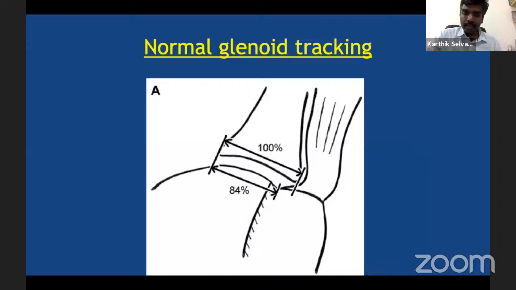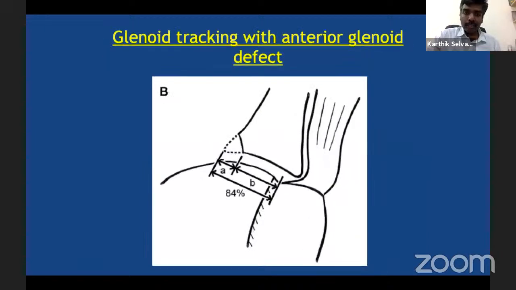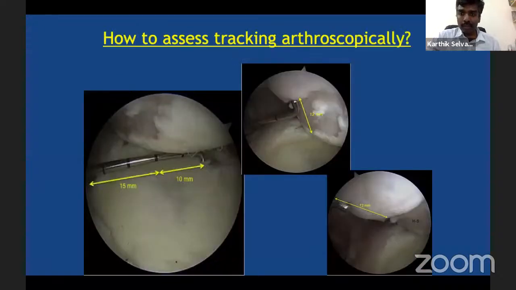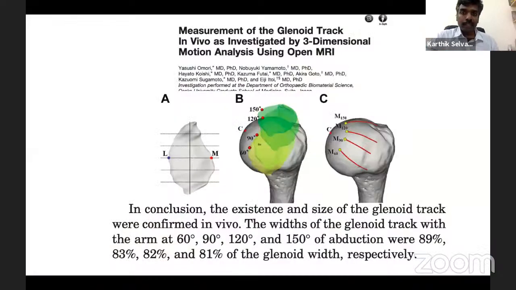So we talked about Hill-Sachs interval and glenoid index and how the off-track and the on-track lesion work. Now the medial placement of the Hill-Sachs lesion actually causes engagement. That's because of the position, and even if it is not very wide, if it is medially placed, obviously it is going to get engaged. Now this is the arthroscopic measurement. Again, Vivek is going to come out with his own method and teach us again.